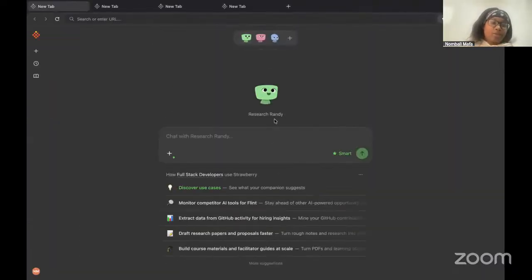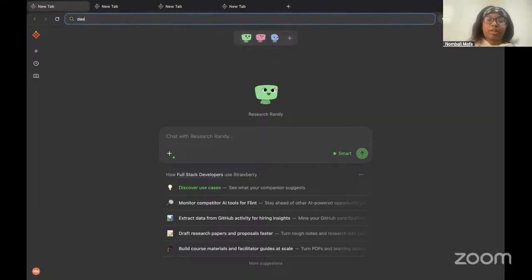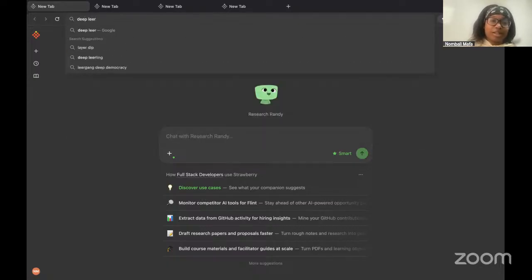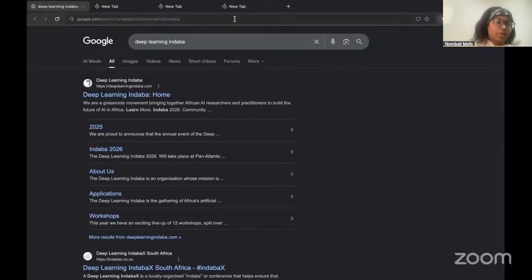Strawberry lives inside of your browser. It's not just a chatbot like ChatGPT. Here you start with the chat, but you can also search like you're using Google Chrome. You can search anything. For example, I can search deep learning indaba, and it works as a browser. So you can chat with it and use it as a browser. It can actually control